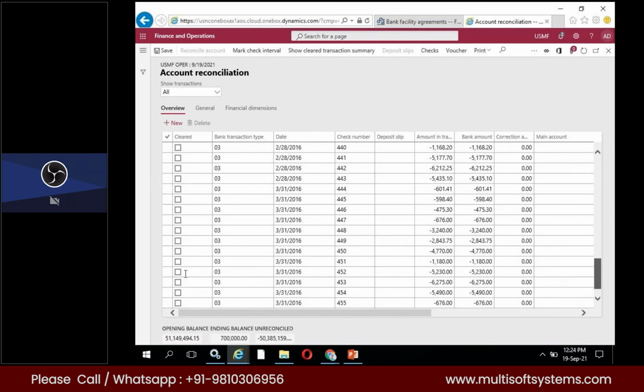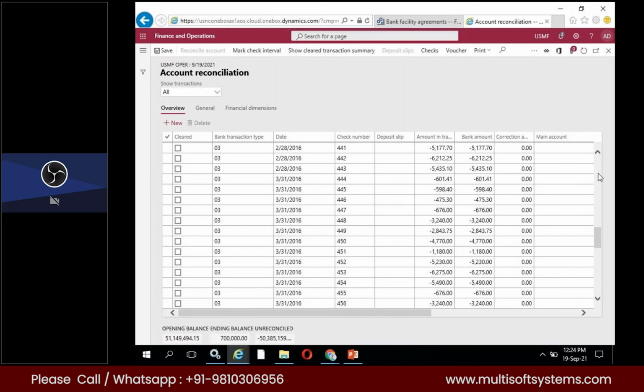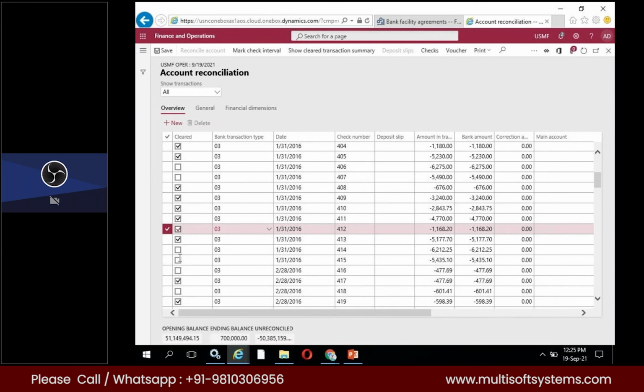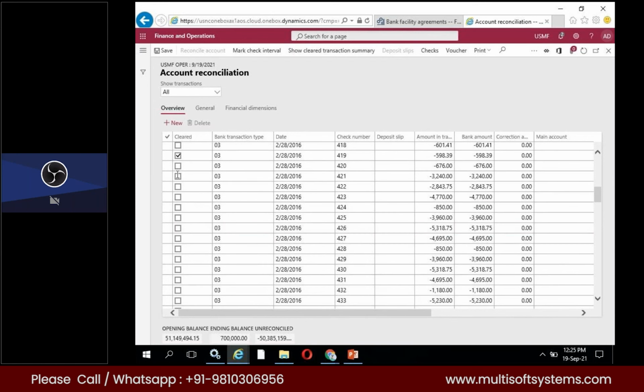You understand what I'm trying to say, right? This is the practical part only. I'm doing the reconciliation right now. Each and everything I need to check with the bank statement, and then we do the reconciliation. Here, our objective, our target, is to match our opening balances with the ending balances. My opening balance is